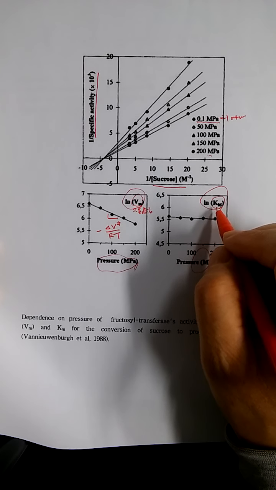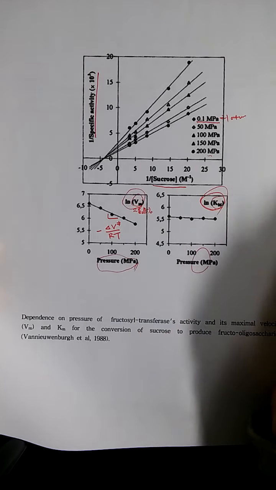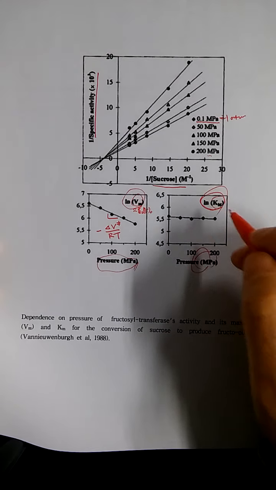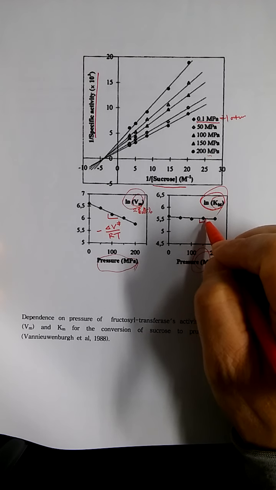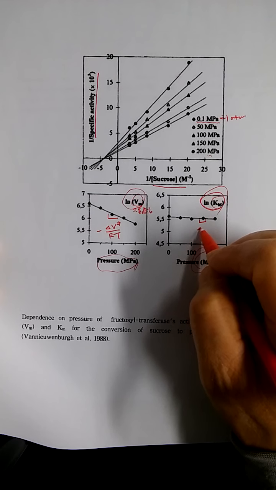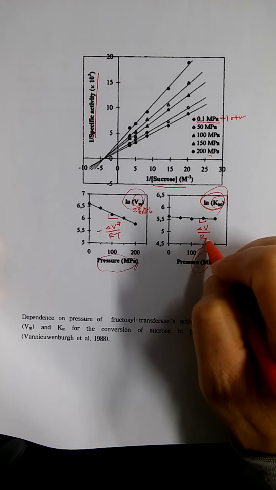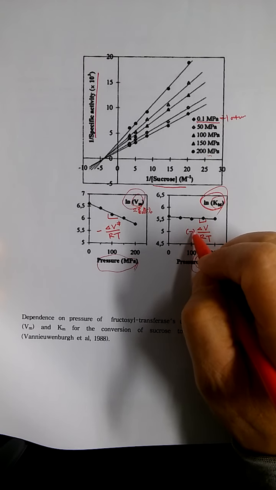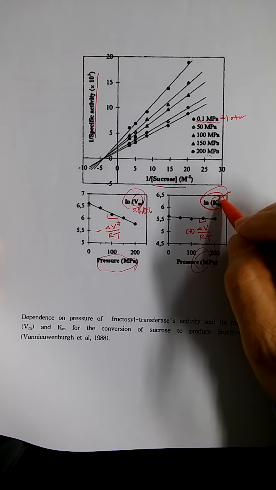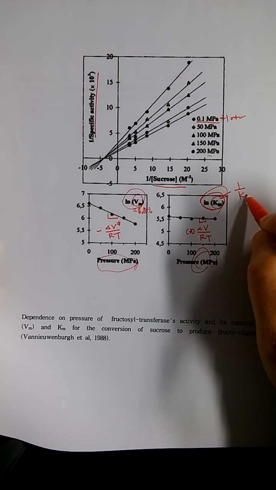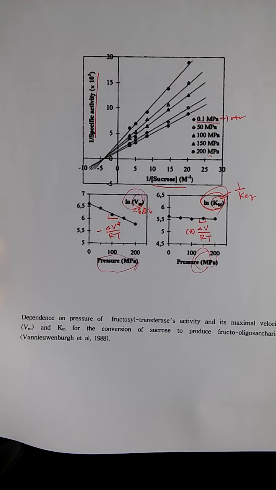And the plot of log Km over pressure will give the slope, which is the same as delta V over RT. So we do not have a negative sign here because Km is 1 over K equilibrium for the binding